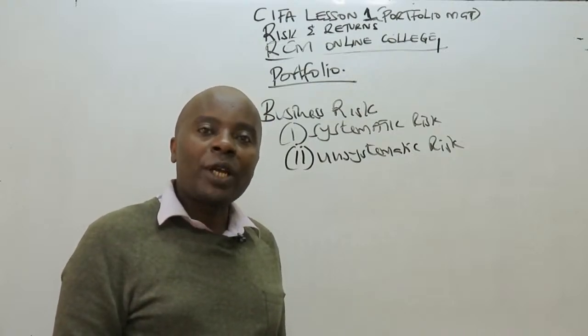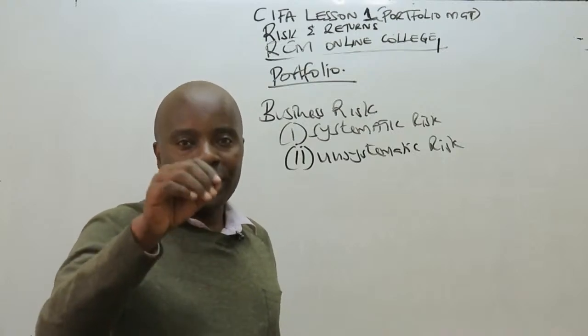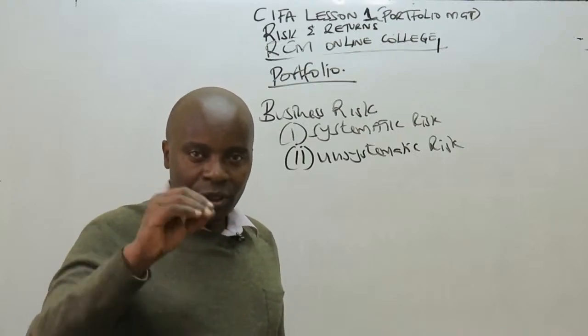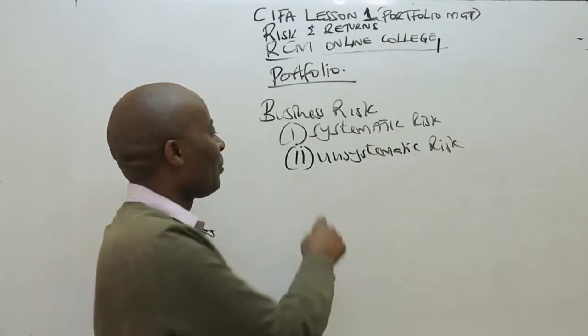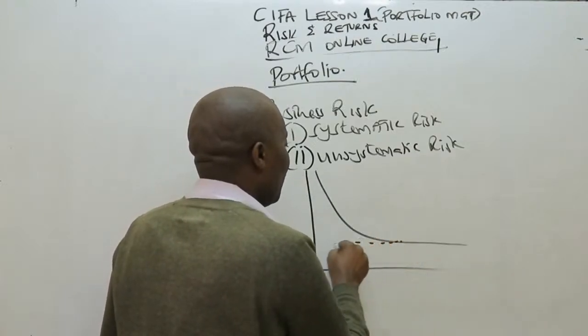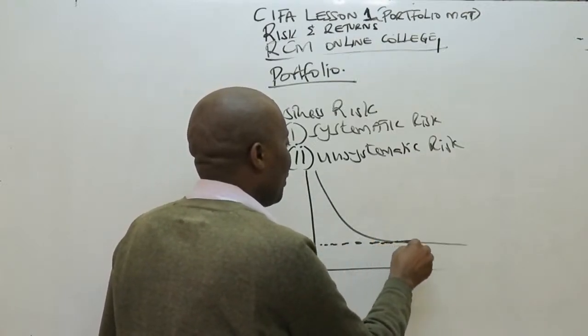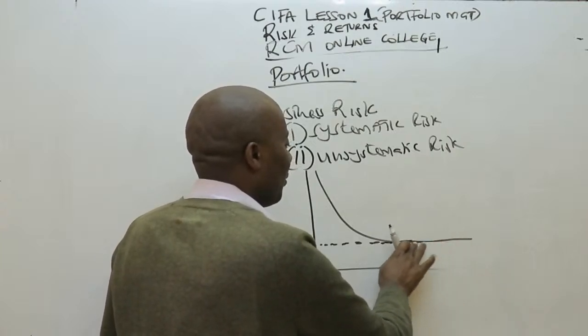Whenever you have your examiner asking you to differentiate between the two types of risks, listen here. You're supposed to draw a diagram. Draw a diagram like this. And the moment you draw a diagram like this,